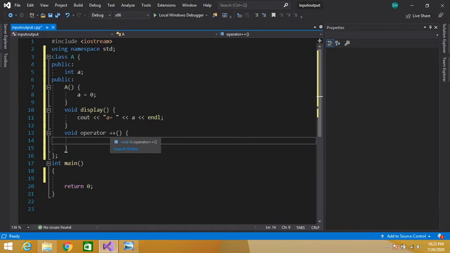Here we are overloading the increment operator. So a is equal to a plus, let's say, 1.